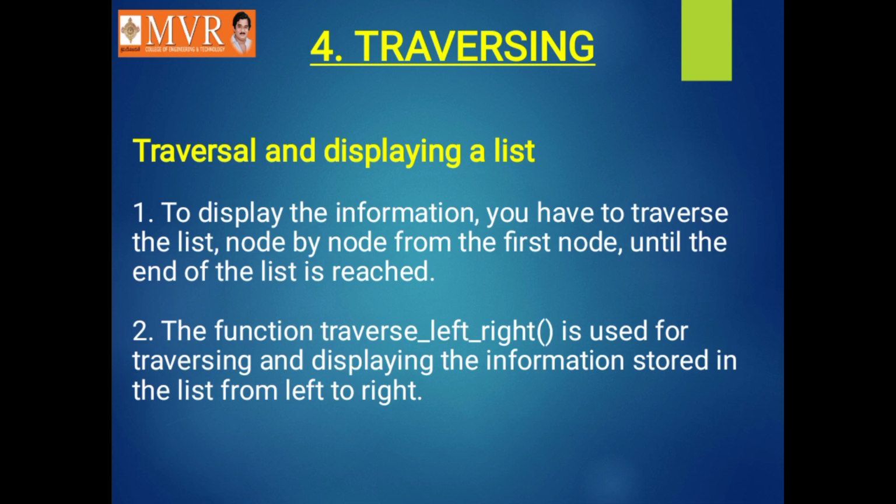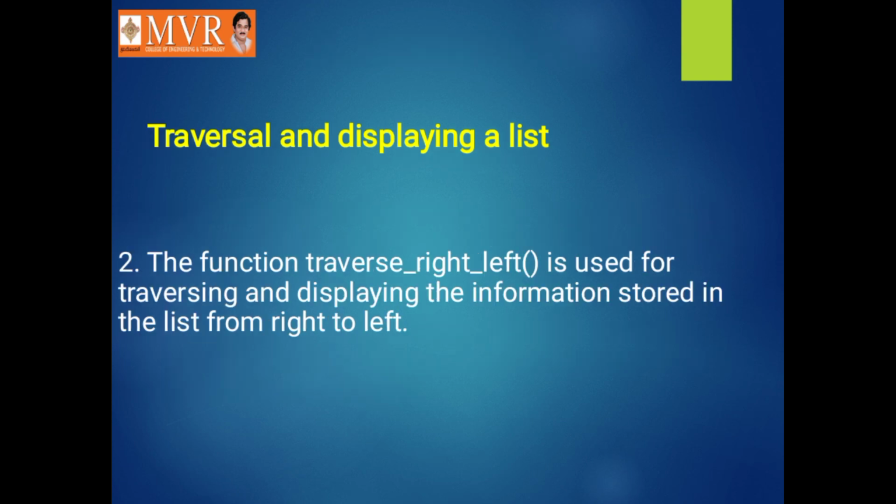from left to right. Okay, since I have told that this double linked list is a two-way list, we can move in either direction, that is from the beginning of the linked list to the end, and from the end to the beginning, that is from left to right and from right to left. Okay, this is done by using the right link and the left link. Left link always points to the previous node and the right link points to the next node.